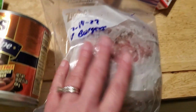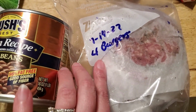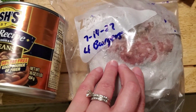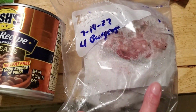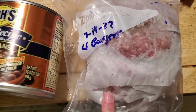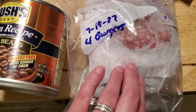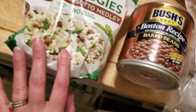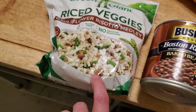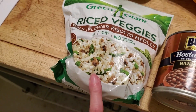These are burgers that I pre-made out of some ground beef I had gotten on clearance back in July as an effort to get myself ready for the busier times, and I will just cook those up in a pan, put some cheese on top, put some toppings on it, have a side of beans, and I'm thinking this cauliflower rice, but I'm going to look in my freezer and see if I have something that I feel like eating more than this, but I'm guessing this is